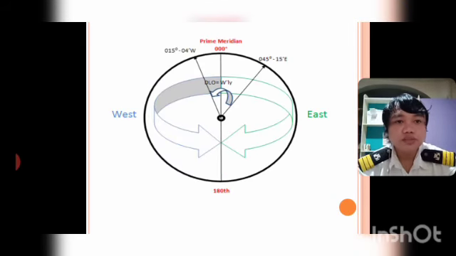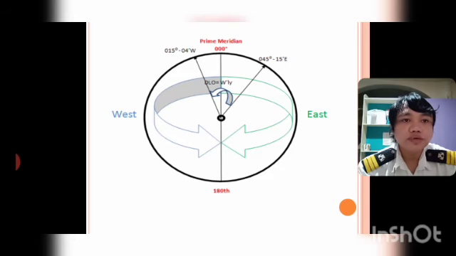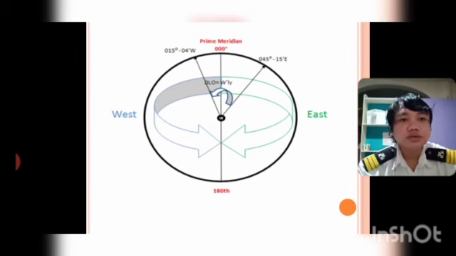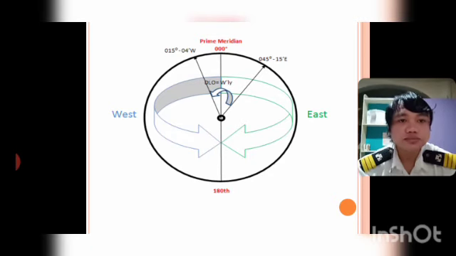Okay, so let's have the diagram. So you have 045 degrees from the right side of the meridian, and you have 015 degrees from the left side of the meridian. Okay, so as the problem says, you are going east to west, so it means that the direction is westerly. Okay, so you just need to analyze. So the angle between the two is, of course, you need to add. Okay, so that would be the difference of the longitude.